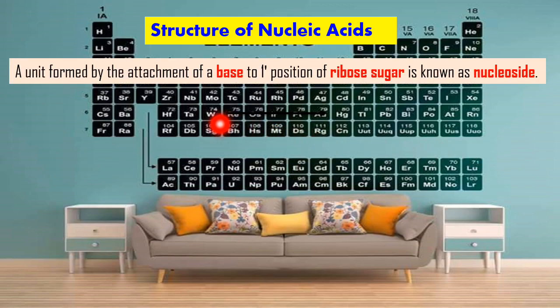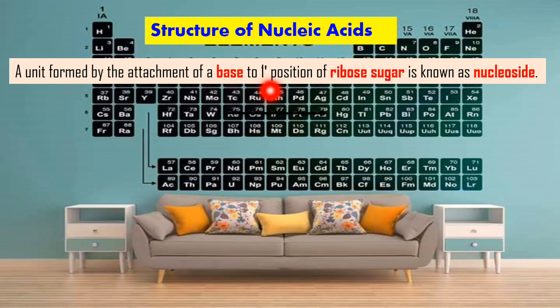First of all, a unit formed by the attachment of a nitrogenous base to the one-dash position of a ribose sugar is known as a nucleoside. That means first we'll see what is meant by nucleoside. What is a nucleoside then? When a base gets attached to ribose sugar,